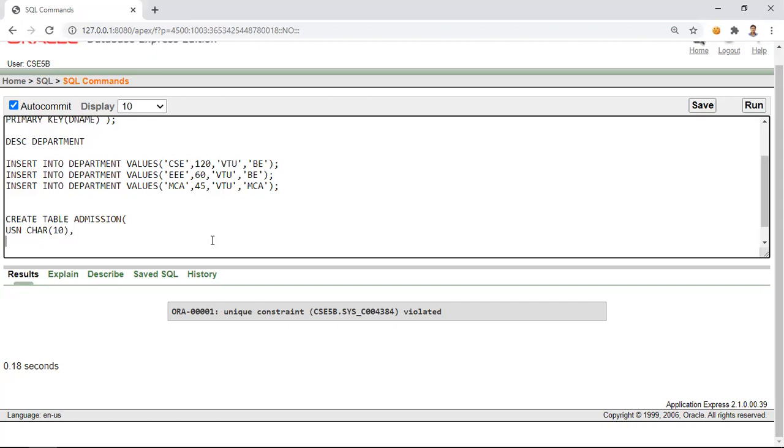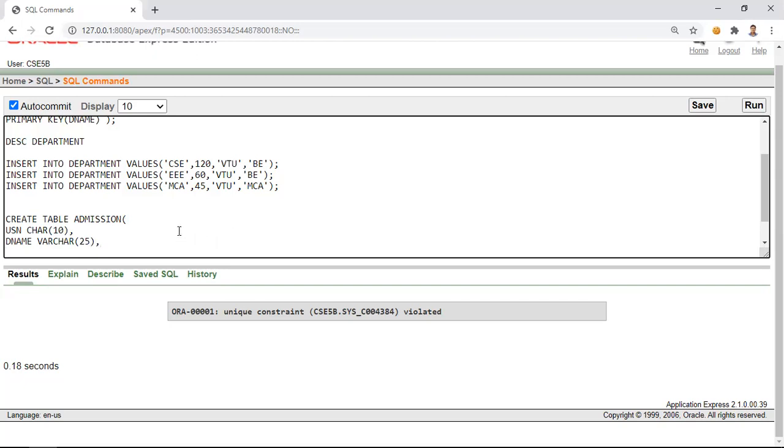Then we had a department name, so let us give it as D name, as varchar of 25.